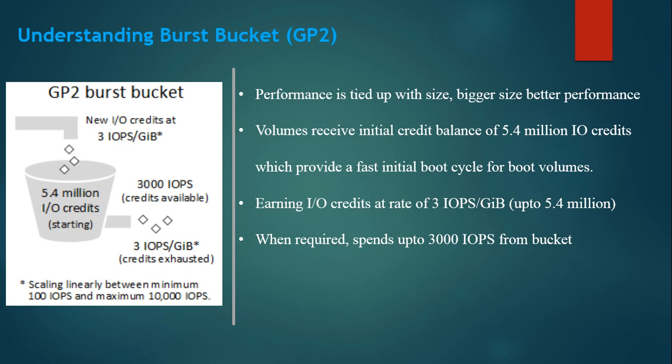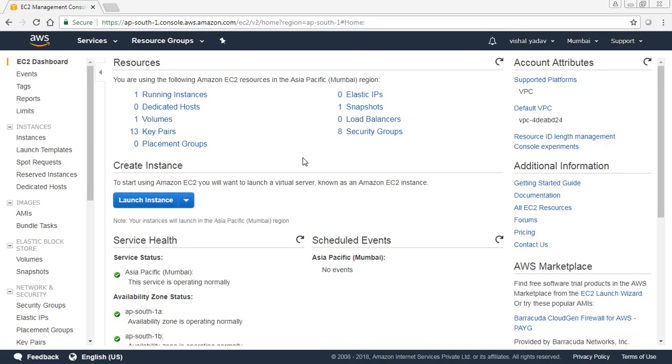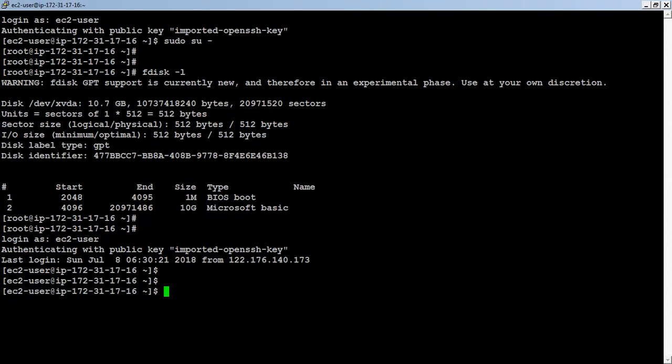Alright, then there is a concept of burst bucket, but we'll discuss this shortly. Before that, we'll take a lab session, and we'll see how a volume is created and how you can attach it to your instance and use it. So we already have an EC2 instance running,